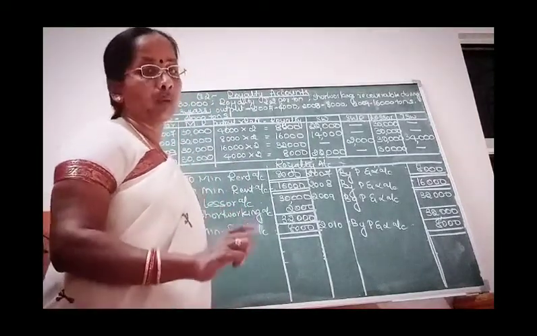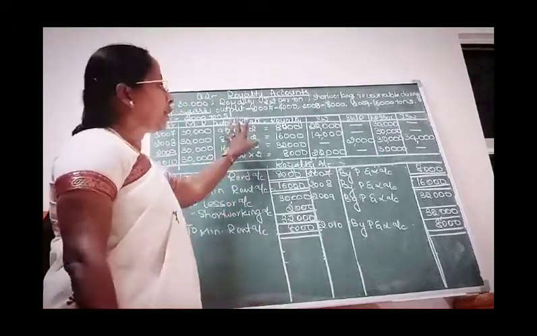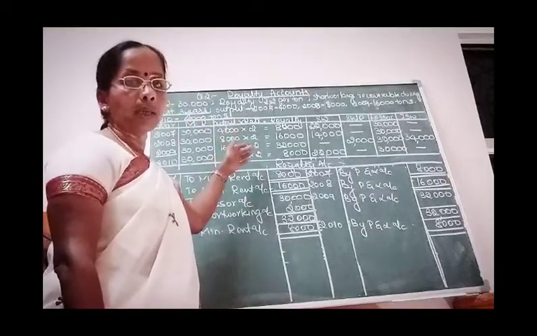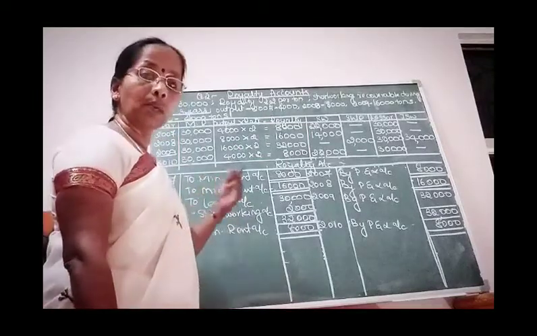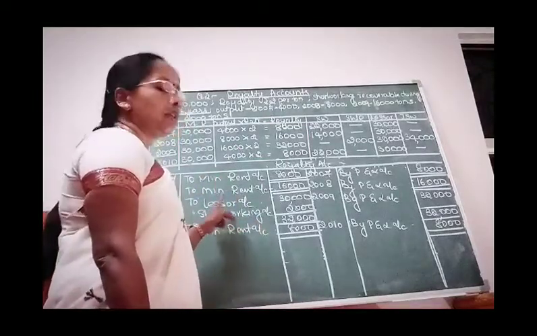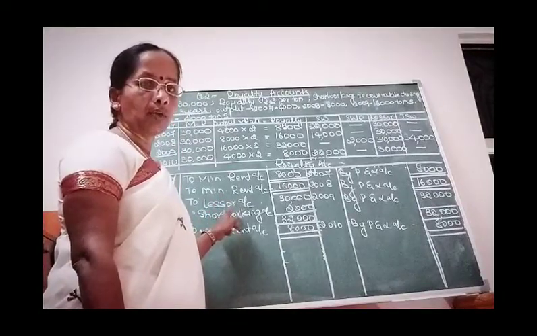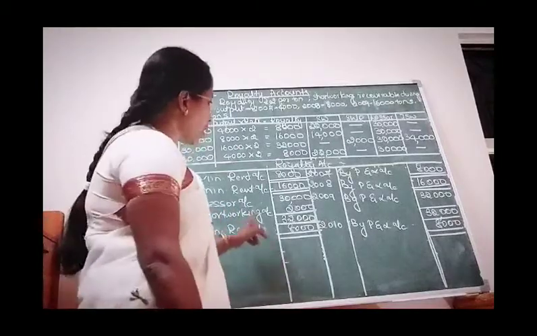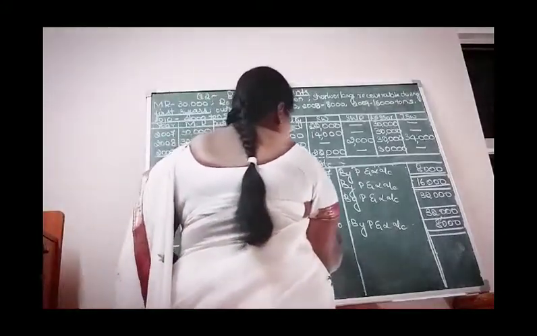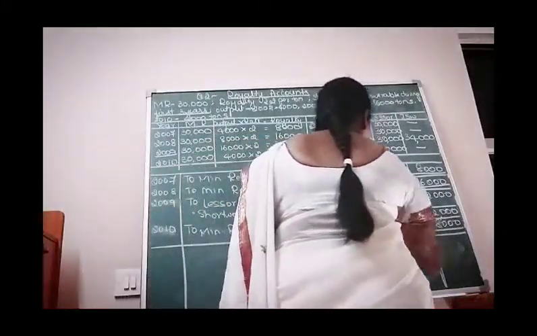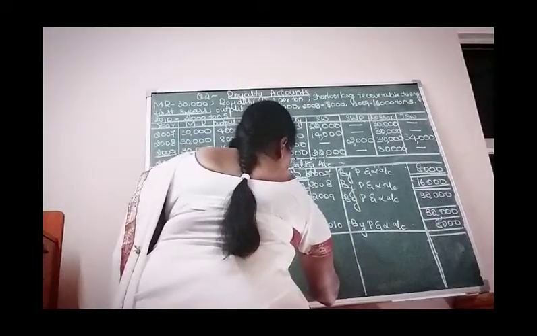All the 4 years you have to show, but journal entry depends on the analytical table. So you follow the analytical table. If you have minimum rent, you write it as minimum rent. If royalty is more, then you transfer it to lessor account. If there is any recovery, then you write it to the short working account also. Right? So this is for the royalty account.